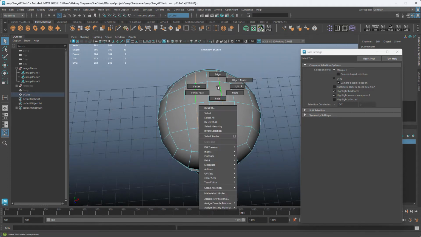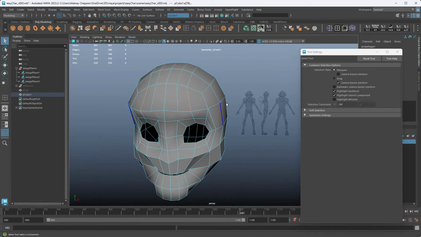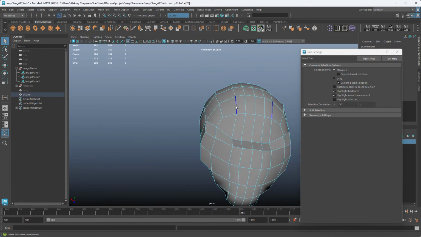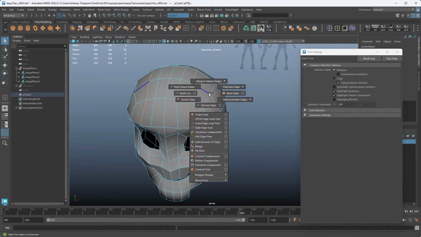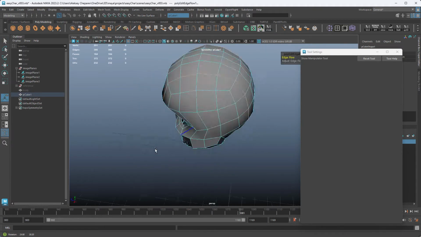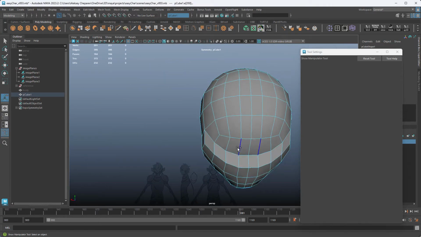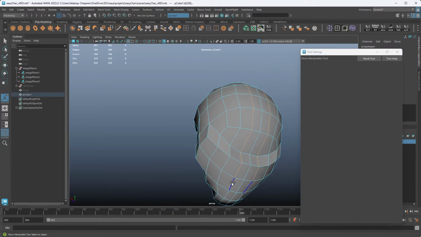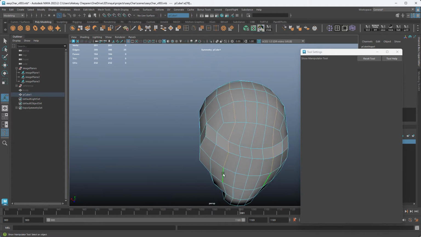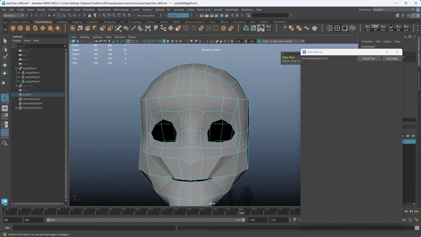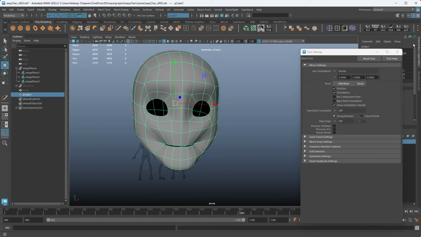Whenever you do this, you make sure that you don't keep these really skinny faces next to these thick faces. So what I'm going to do here is I'm going to go all the way back here, select this edge loop, and then shift right click and click edit edge flow like that. It's going to adjust it and push it a little bit away. I'm going to do the same to this loop like that. So we're just spacing them out. We can do it again to this one, and that's good enough. And then we can just connect this. Okay, so you can see we're building out that face.